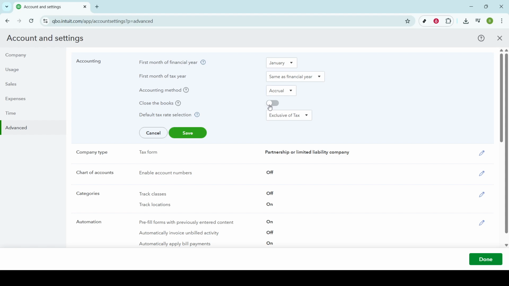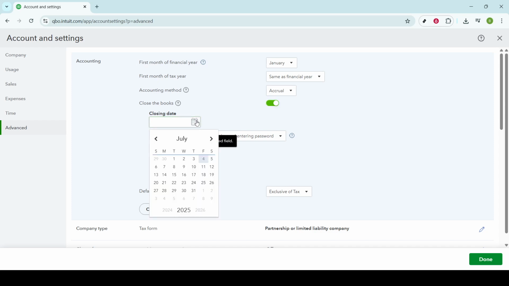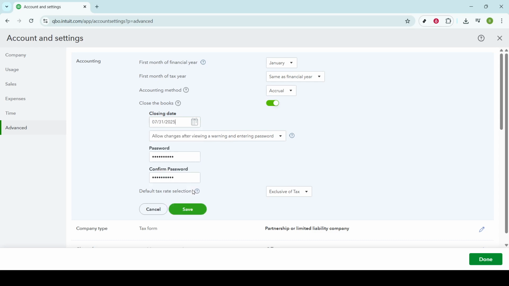position. Once you've turned it on, a field will appear where you can enter a closing date. Choose a date that signifies the end of your fiscal year. This step is vital as it prevents backdating transactions beyond this specified date, thereby helping maintain the accuracy of your previous year records. If you want to add further security, select the option Allow Changes after viewing a warning and